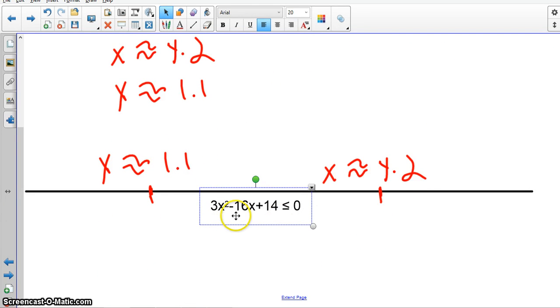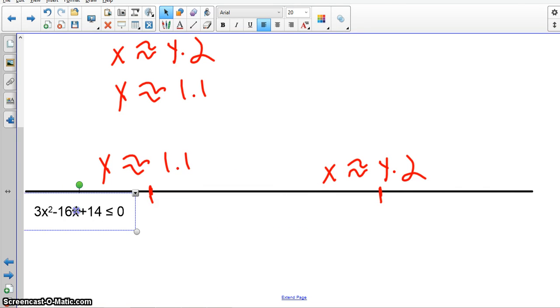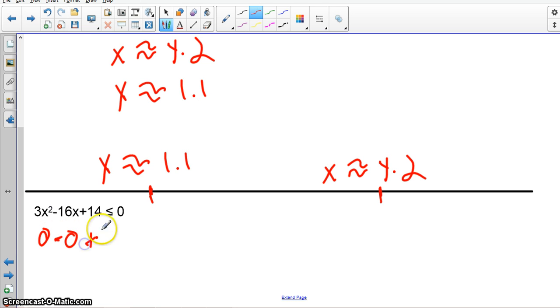And so we're going to test in here in the middle, and then we actually don't have a great number here in the middle. So really we could just test 0. Let's test 0. So notice the answers are always either between the two magic numbers or outside the two magic numbers. So if I plug in 0, minus 0 plus 14